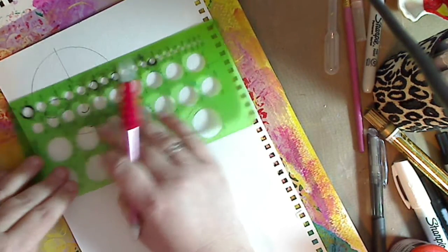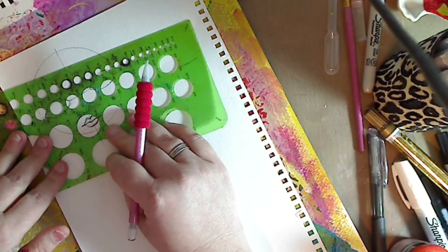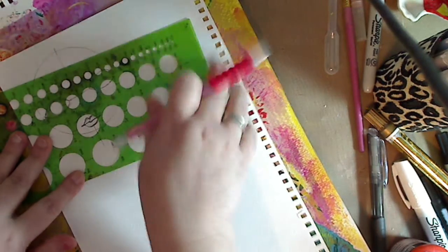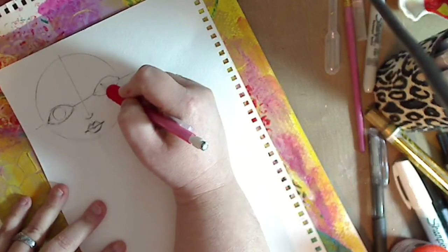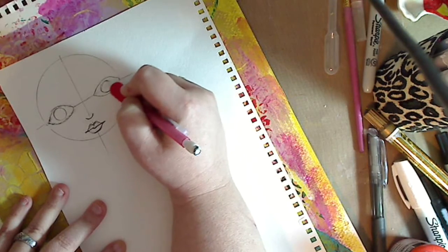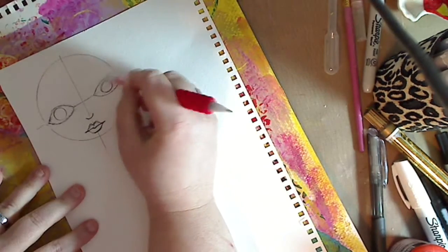But these eyes are a little bigger. So let's go with a different one. Now, I'm going to do one with this and one with just me doing it. So I'm just going to do that circle in there. Okay. And then over here, without it, I'm going to try to do my circle here. And you can see it's a little smaller. And I don't want to do an odd girl, so